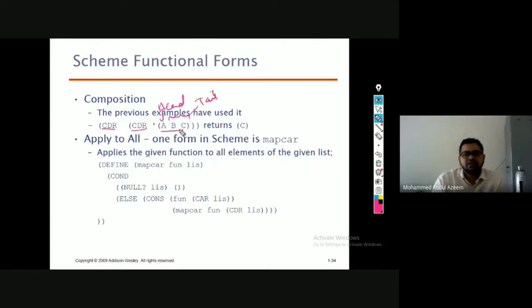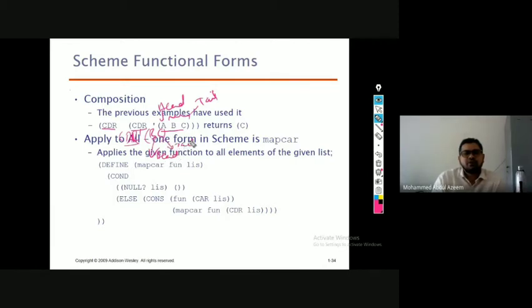When you are applying multiple functions on the same list, we call it a composition. So when I again apply CDR on this, what is the head? Head is B here. And what is the tail? C. So it will return the tail part of the list. So CDR of CDR of ABC will give you C.